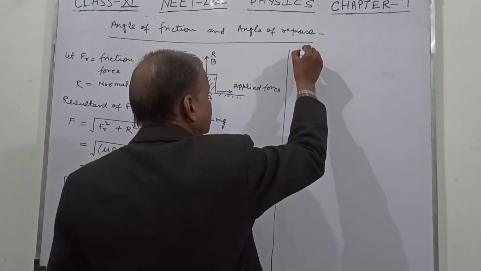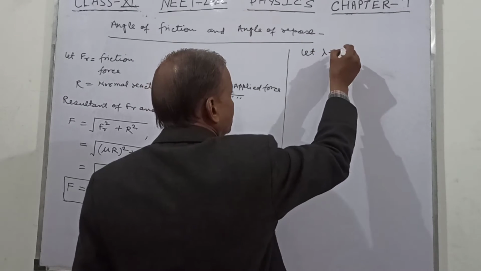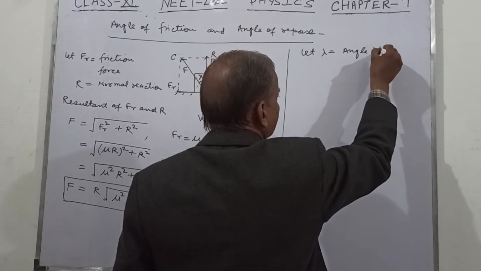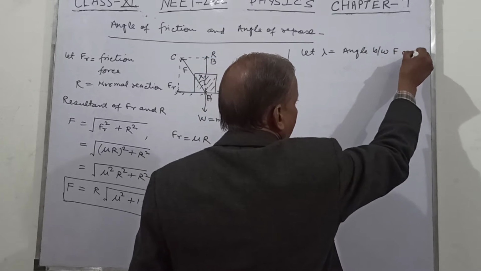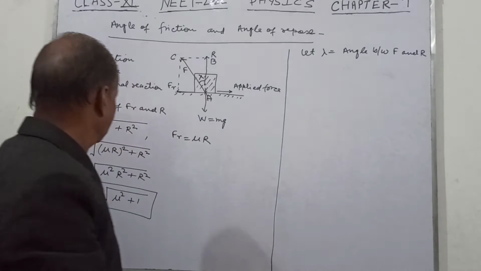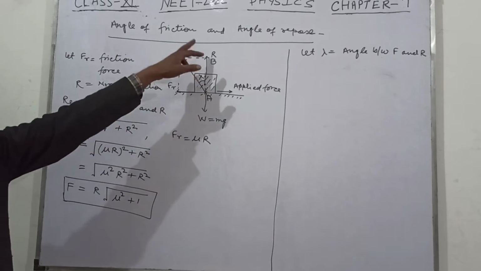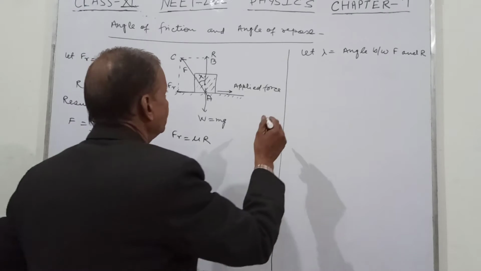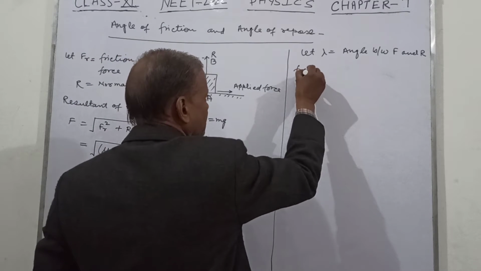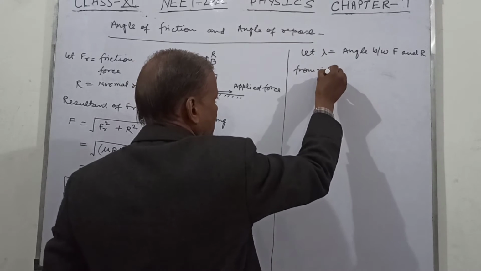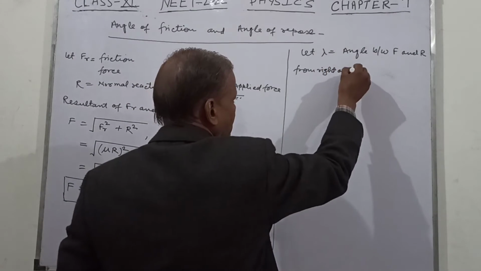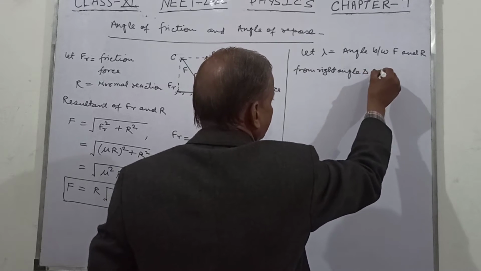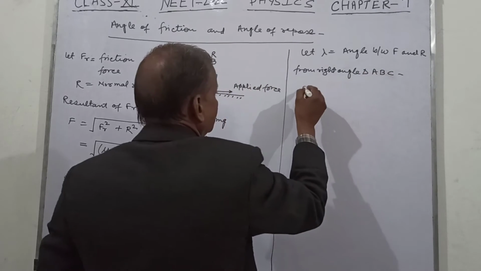Let lambda equal the angle between F and R, the resultant force and the normal reaction. So from the right angle triangle ABC,